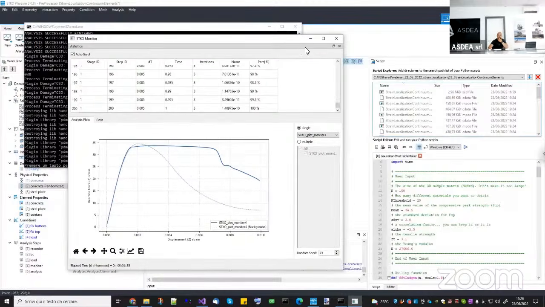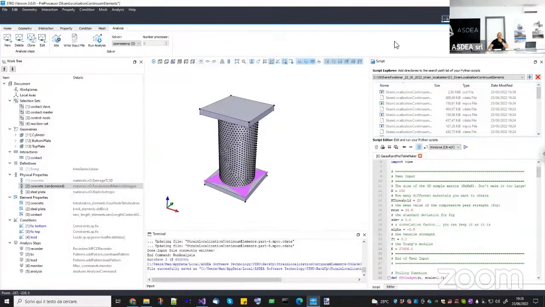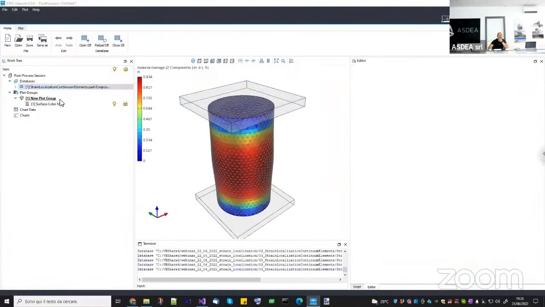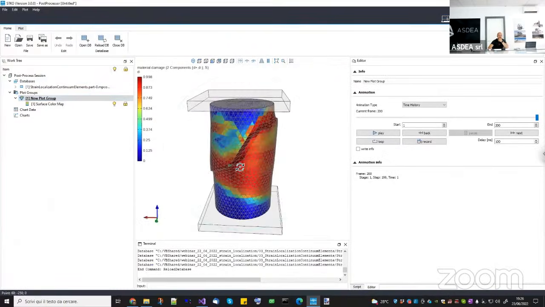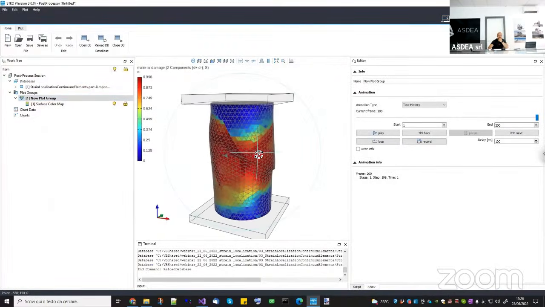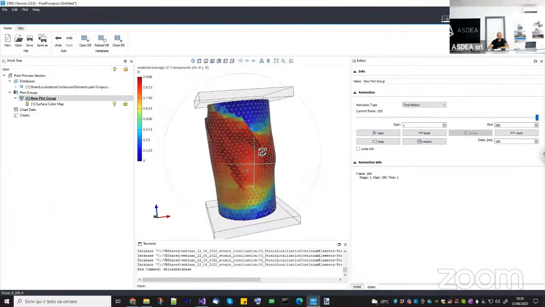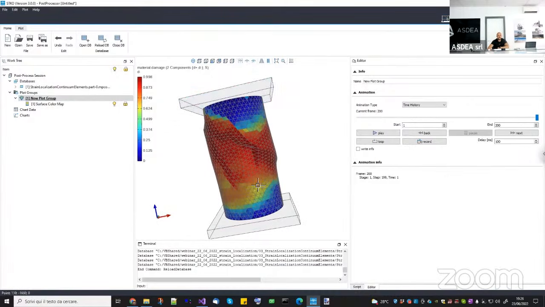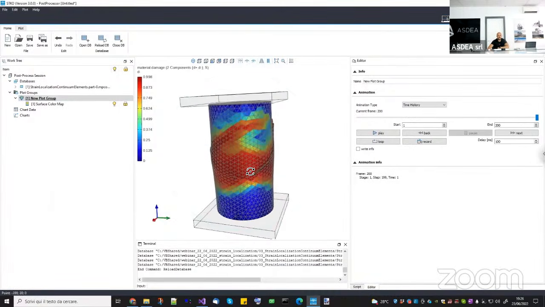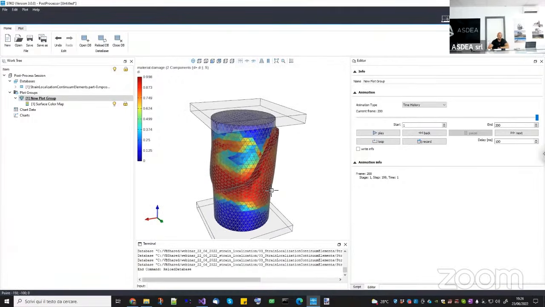Now let's see, first of all, what's going on in the output. If I reload this one, you see now I can see a localized damage, okay? Which is like this one. It seems fine, okay, like the shape of the damage, but it is more ductile than expected. If you can see here, the top and the bottom part are not moving at all, okay? Why? Because when you do this kind of modeling, it is also very important to model the boundary condition properly. So here, what I used in the contact,